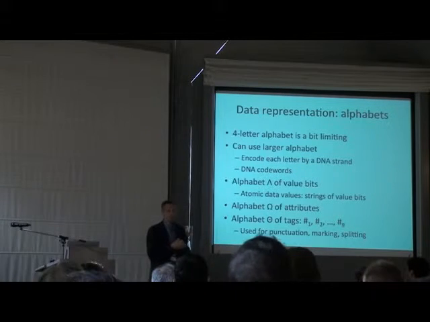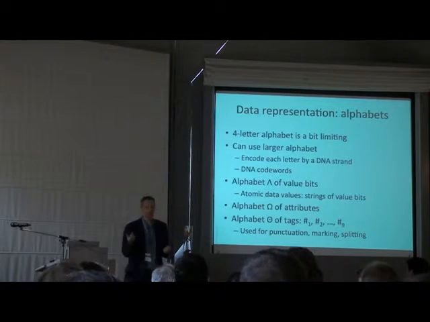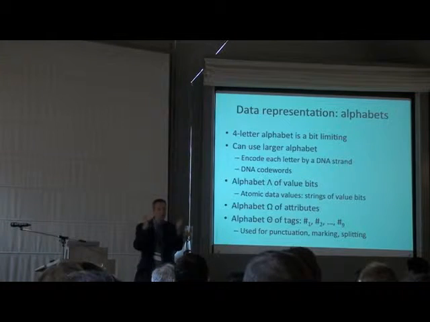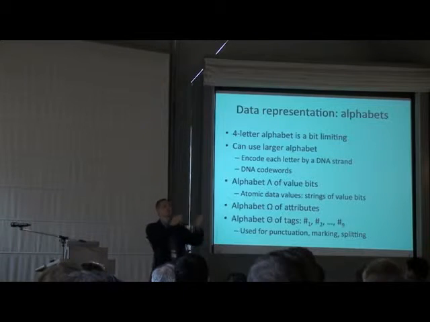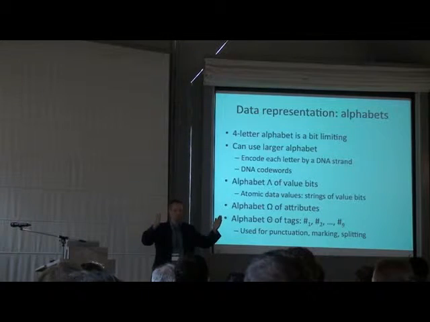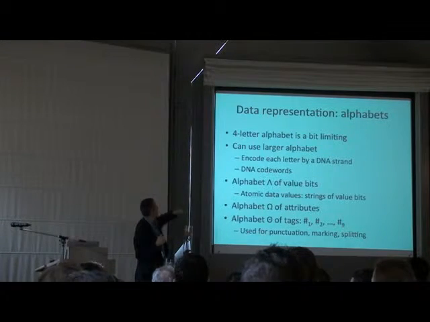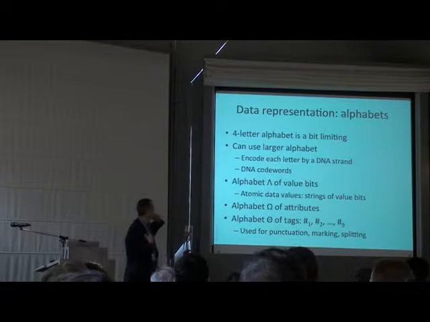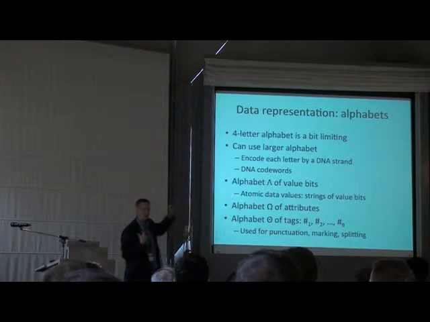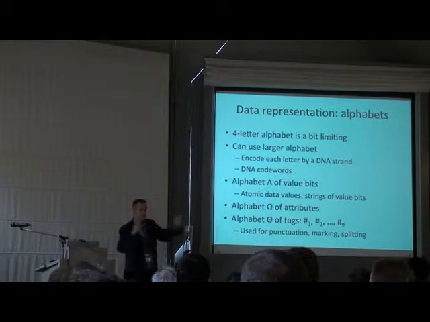And so we're effectively, just like an ASCII letter represents a string of 8 bits, also here every value bit will represent already a string of A, C, T's and G's. And so that allows us to use a larger alphabet that's much more flexible. So the idea is that each letter of the value bit alphabet is encoded by a DNA strand,